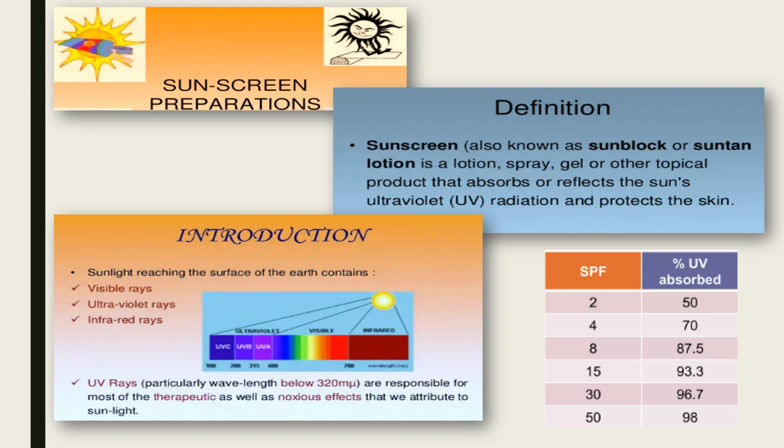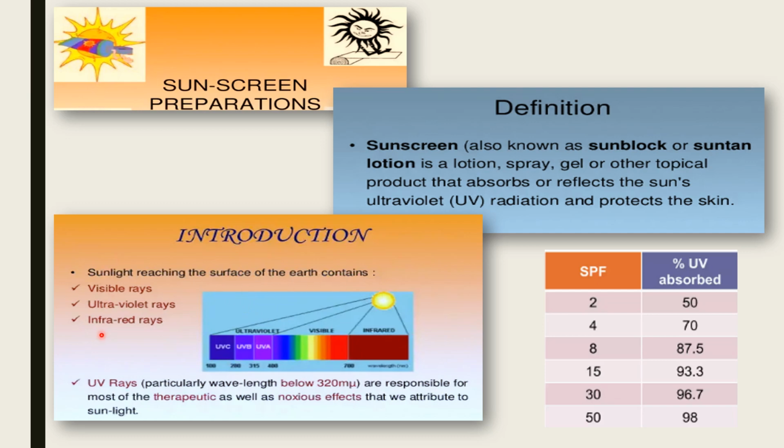Sunscreen comes in various forms, like lotions, sprays, gels, foams, sticks, powders, and other topical products. Sunscreens are common supplements to clothing, particularly sunglasses, sun hats, and special sun protective clothing, and other forms of photoprotection such as umbrellas. Sunlight which reaches the surface of the earth